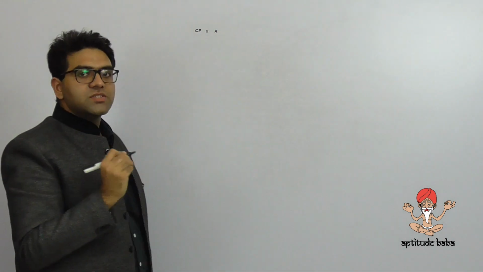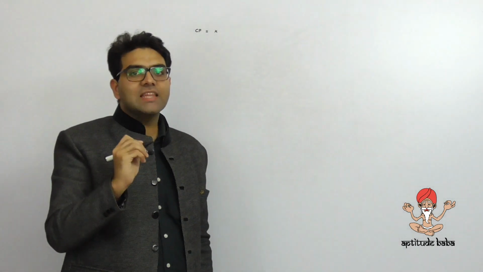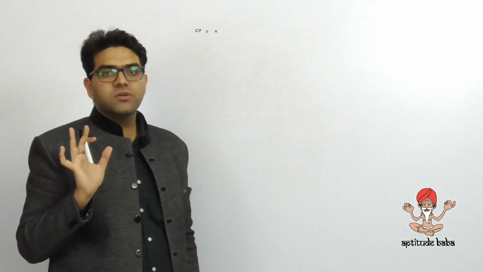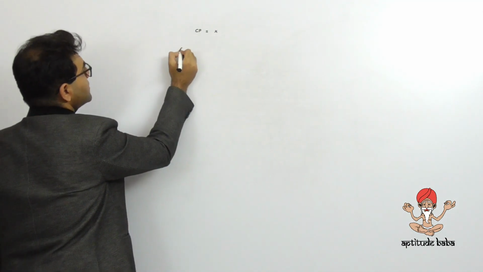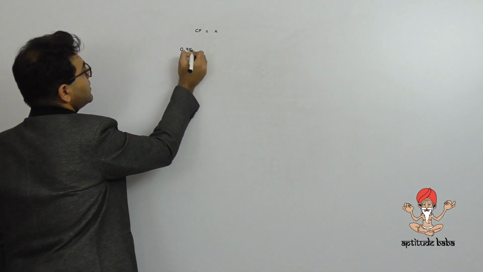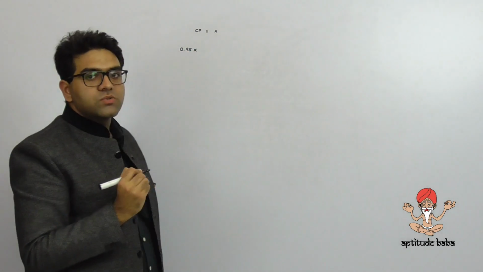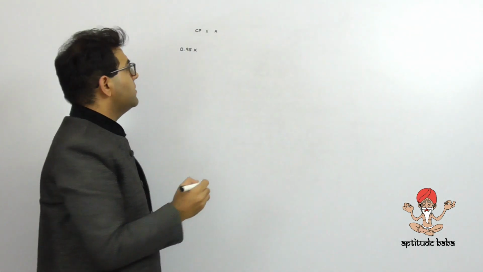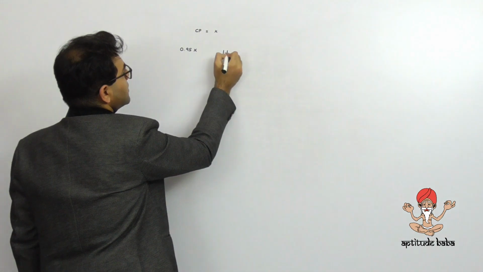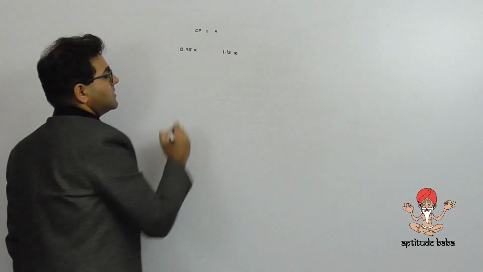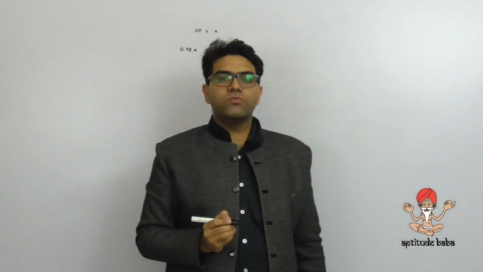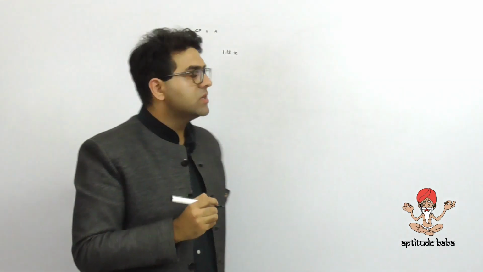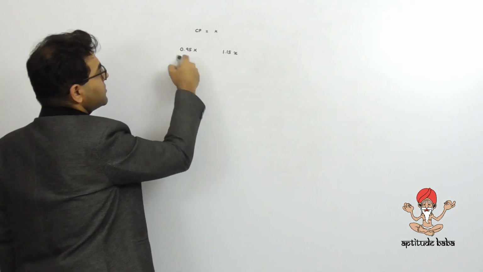Now, when this article is sold at 5% loss, can I say the corresponding multiplying factor for 5% loss is 0.95? So if I sell it at a 5% loss, I sell it at 0.95x. Also, if I sell it at 15% profit, the multiplying factor will be 1.15. So can I say that selling at 15% profit means that the selling price is going to be 1.15x. Now your question says if it is sold at 100 rupees more,